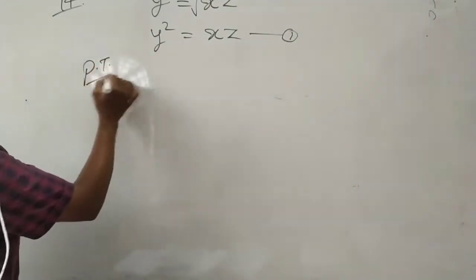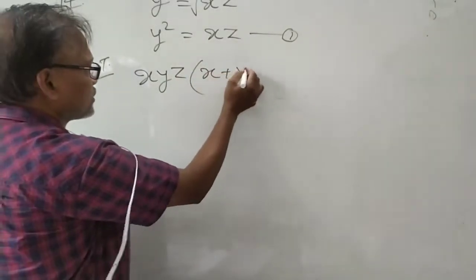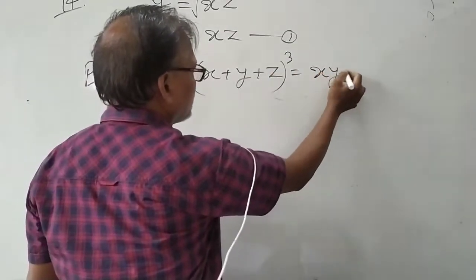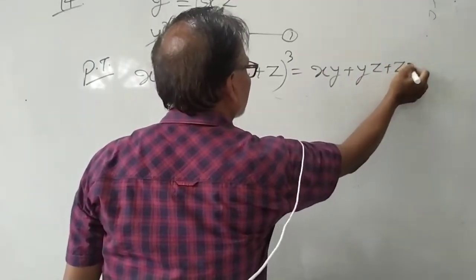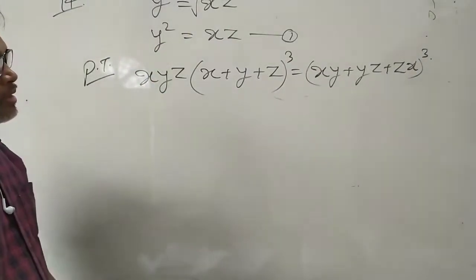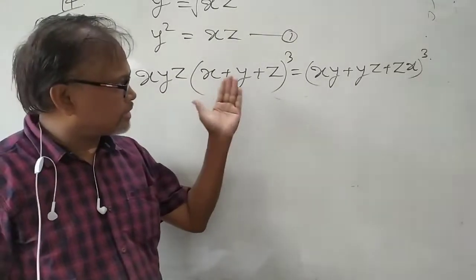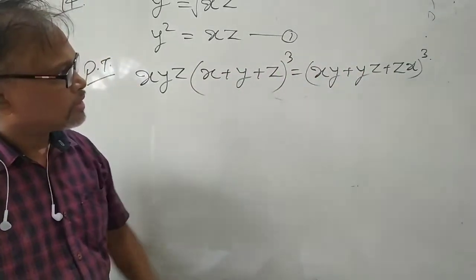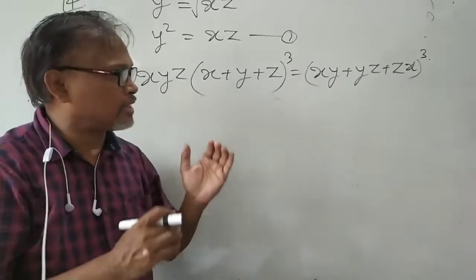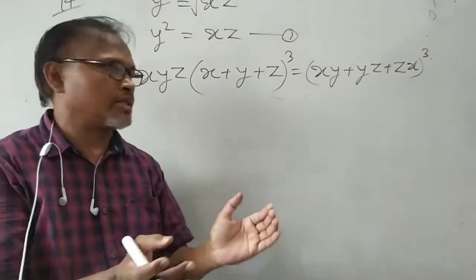And you have to show that xyz (x plus y plus z) whole cube is equal to (xy plus yz plus zx) whole cube. Now prove that. You have to prove that. How to prove? In proving, you must remember, you can prove from the left hand side. Take left hand side and prove the right hand side. Take right hand side and prove the left hand side. Or take both the sides and prove both are equal. मतलब by any means you have to prove that the two are equal. अभी दिख नहीं रहे equal, तुमको equal दिखाना है.